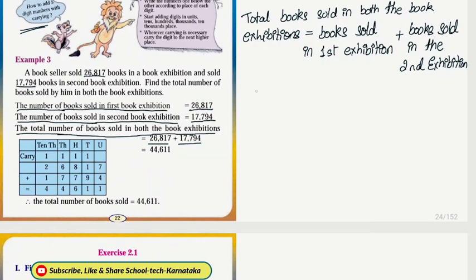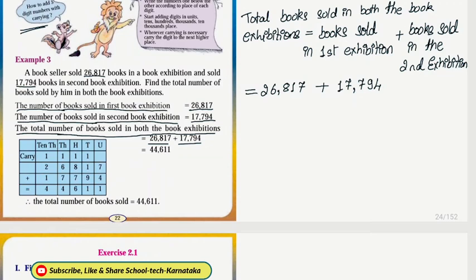So the books that are sold in first exhibition are 26,817 plus the books that are sold in the second exhibition are 17,794. So when we want to add these two numbers, we first write them one below other according to the